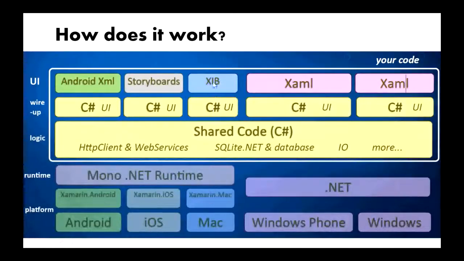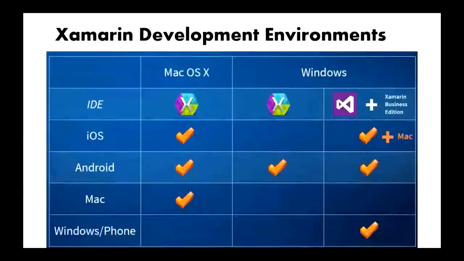So here's an example of Mac using XIB and storyboards on iOS, and Android has the XML interface, and there's this shared code that can go across all of them. So you're minimizing the maintenance of these applications longer term, because you can share so much. You can share 50, and in some cases all the way up to 80-90% of the code. And there are other libraries that can make that process much simpler to get that code reuse as you get more experience with the platform.